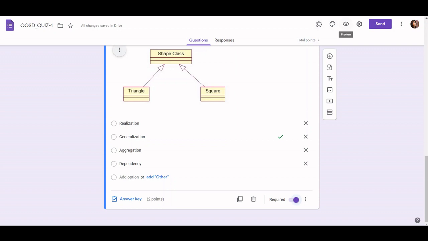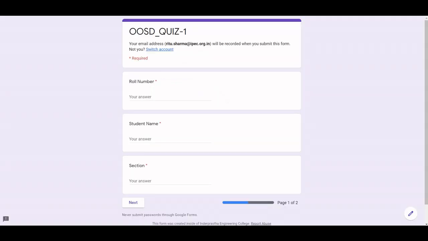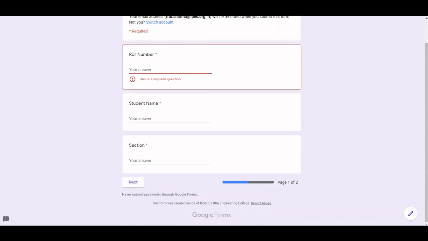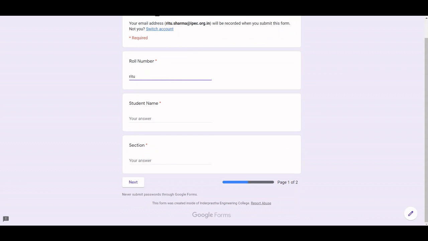Alright, if you want to see how it looks, then go to the preview and see the roll number, student name, and section. The next section appears after clicking next, and it will give you the answer only after that. Suppose roll number is 45, student name is Ritu, section is A. Next.